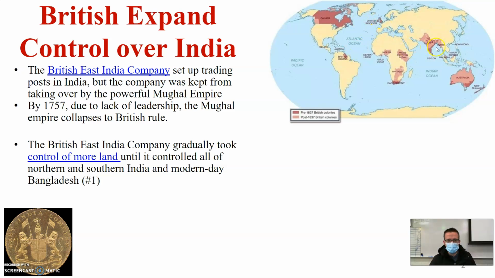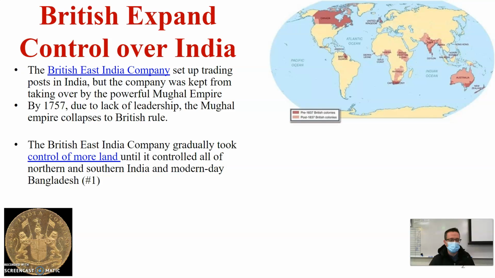But you can see it's not just India, it's also Australia and places in Africa. But in India, that was kind of their crown jewel, I guess you would say. They had trading posts in India, but the company was kept from taking over because the Mughal Empire was so strong at the time. But by the 1750s, they had poor leadership, and the Mughal Empire ends up collapsing to British rule. Not British rule as in the country, but rather the East India Trading Company, which gradually